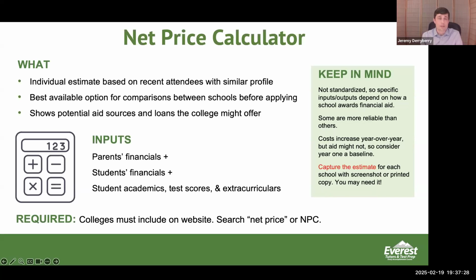It's also really important that you just do it to begin with, because it will help you in your decision process. One of the things we like to talk about here a lot is affordability. It's really important for you as a parent, before your child gets too deep into the college list process, to really spend some time thinking about how much you can, as a family, afford for your child to attend college, and to not spend time allowing them to look at schools that you're not going to be able to afford.